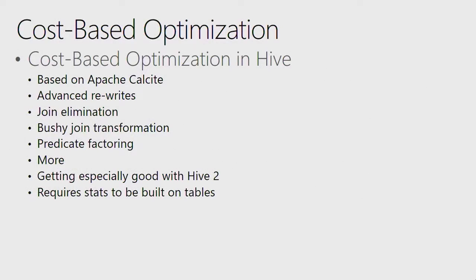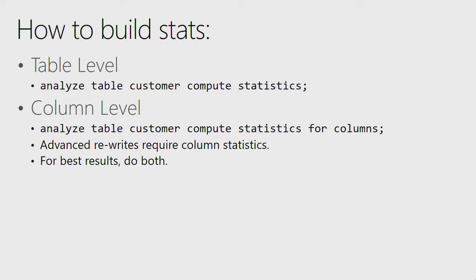Okay, the next one, I don't have a demo, but it's basically cost-based optimization. Using Hive, you can ask Hive to create table-level statistics and column-level statistics, which will allow it to do a lot of cost-based optimizations like advanced rewrites, join elimination, etc. This is getting better and better, so I highly recommend doing it. The way to do it is you just do,